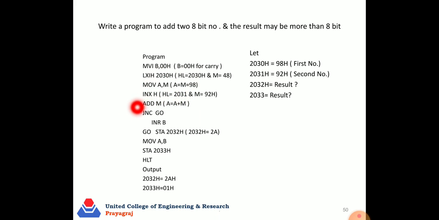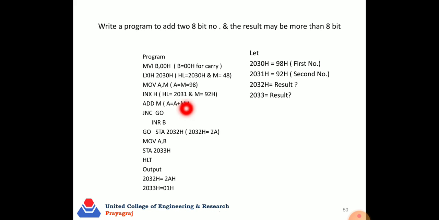As we write ADD M, all the flag statuses are changed, because we earlier discussed that all the flags are changed according to arithmetical and logical operations.